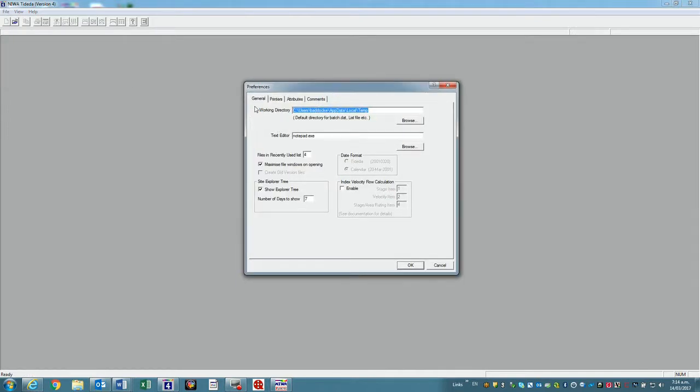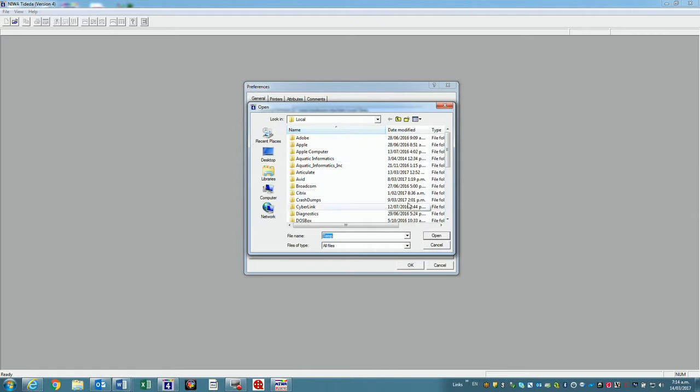So this box has our general preferences, so we need to work out a working directory. Where do we want to have all our files stored and put and filed onto? Just a general place, usually on our C drive, maybe under your own name. So if I browse and look under my local,